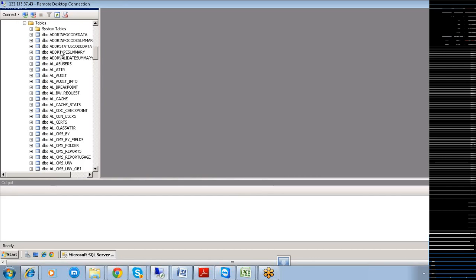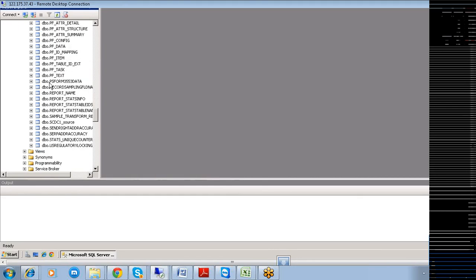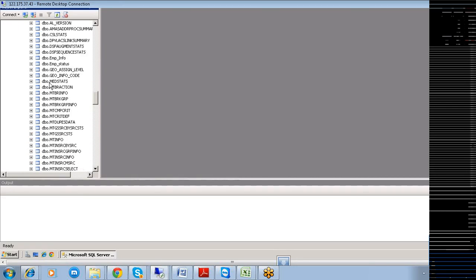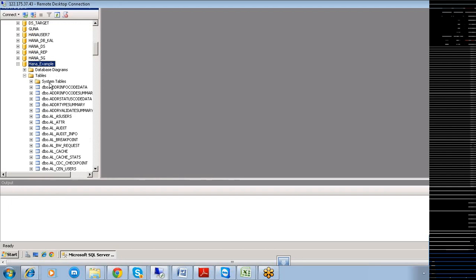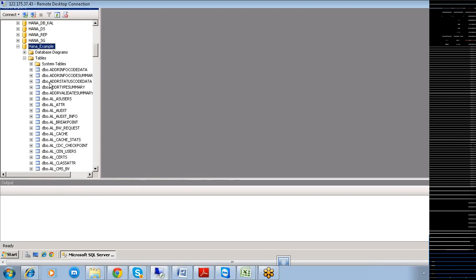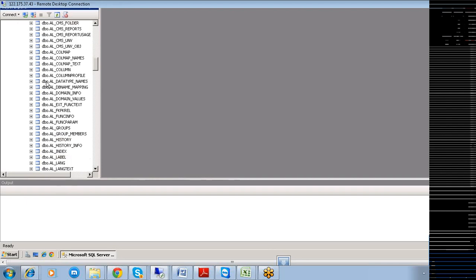When you open this one, you see a lot of tables existing in this HANA_system, they have been created like this.